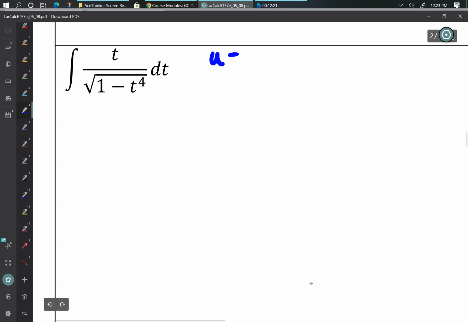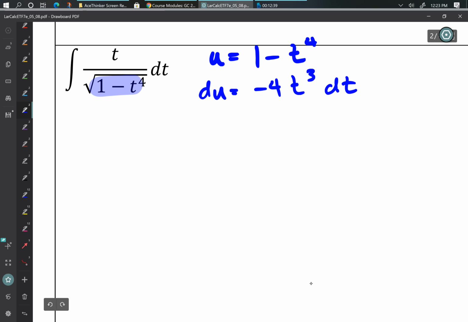Okay, so I'm seeing downstairs, here's the inside of the composition, so let's try that and see what happens. u equals 1 minus t to the 4th. Then the differential du would be negative 4 t cubed dt. But that doesn't work because,